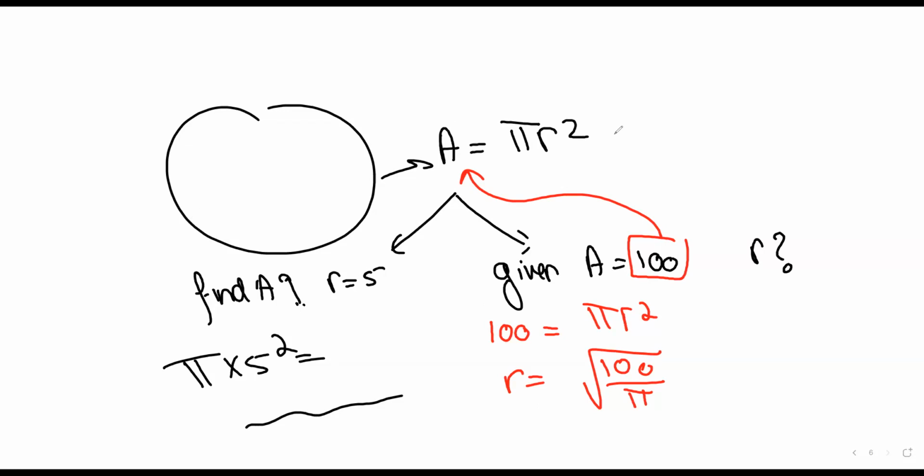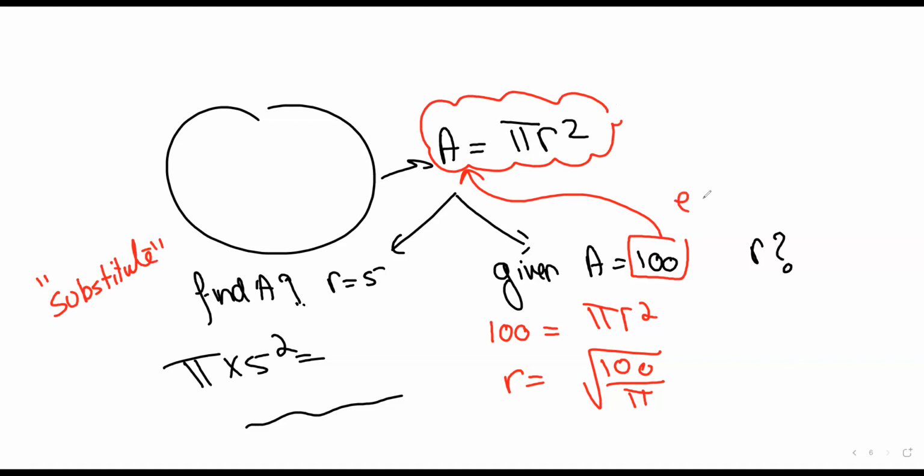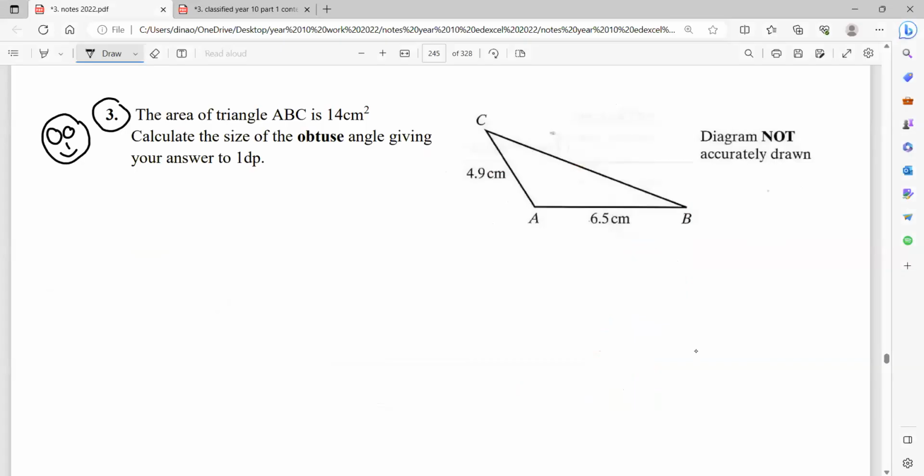So basically what I'm trying to say is that in any rule in math, you can substitute to calculate the area, or you can create an equation to calculate another quantity from this rule. So going back to the final question in our video today, here it says the area of the triangle is